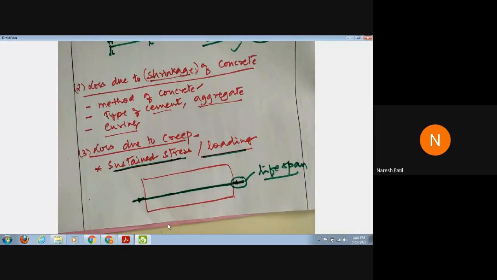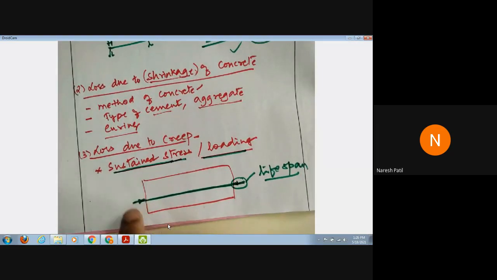Okay, so when you stand continuously over the sand, तो क्या होगा? There will be a deformation in the sand. There will be a settlement in the sand. That is because of what? Sustained stress. Because the load is sustained over there. So that is for small duration. That is temporary. So same thing when the load is applied at the ends for a longer duration throughout the lifespan.